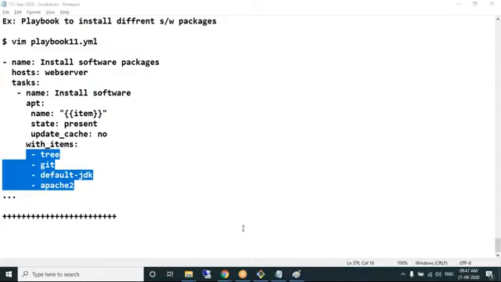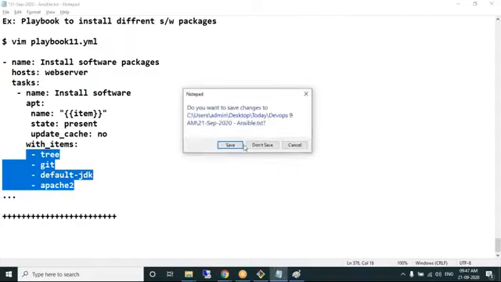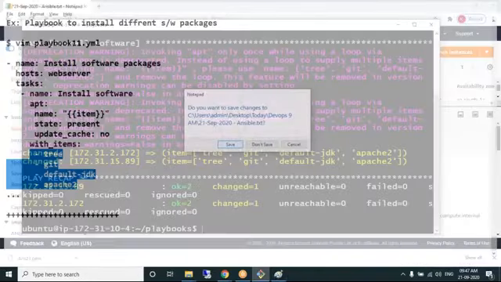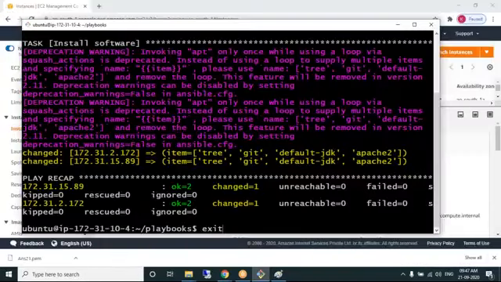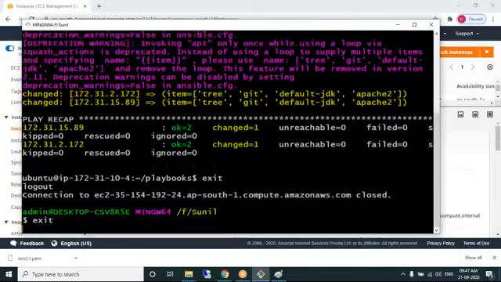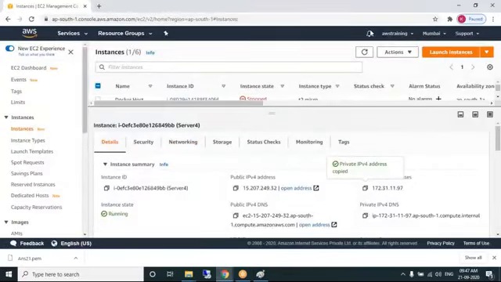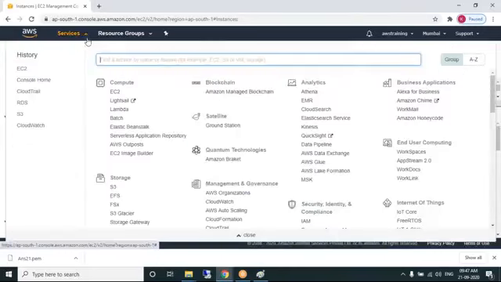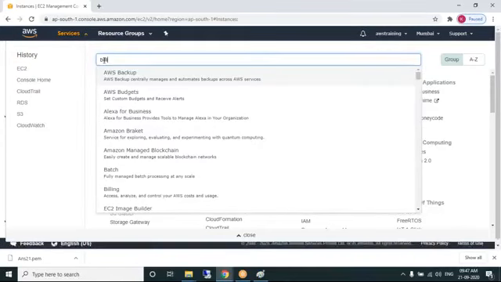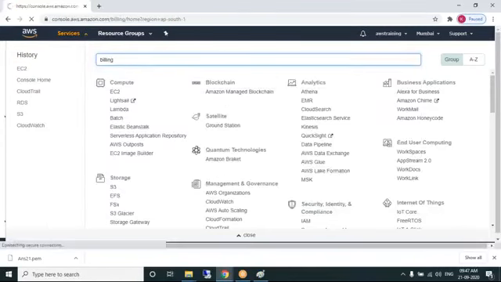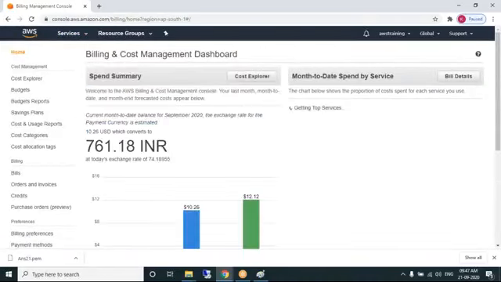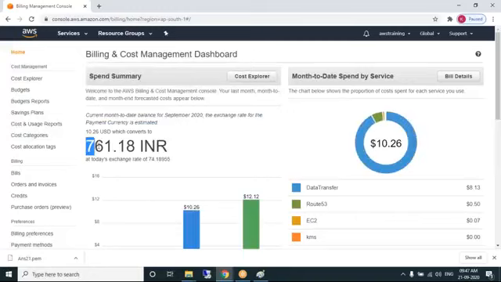Do you know where to see the limitations? No. Okay, I'll show it. For this, I have used 26 GB as of now. I have a total of 7 or 8 instances. First point, how to see the billing. You get a bill in case it's exceeded. Do you know how to see the billing? Services, search for Billing. Right. I have a 761 rupees bill.